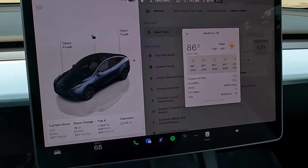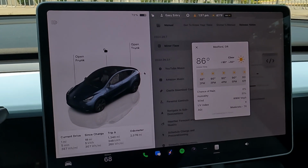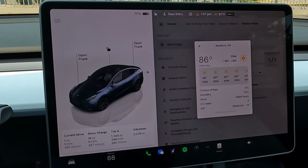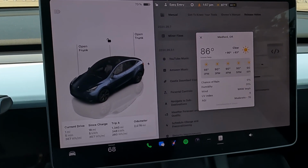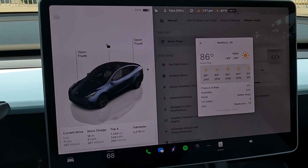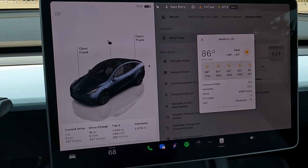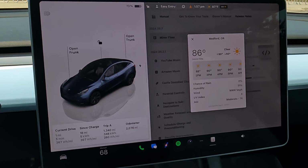And Chevy has made a good step going to a Google-based system versus their own, but really they need to bring their own software, hire their own people in-house and build their own software from the ground up like Tesla and Rivian have, because using Google or any third party, you're not going to get updates pushed out fast enough or often, or changes, or have it as totally integrated as